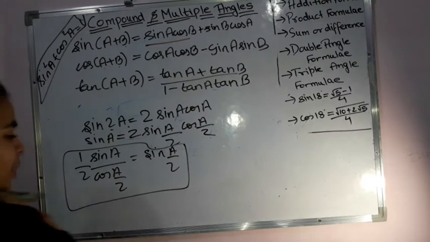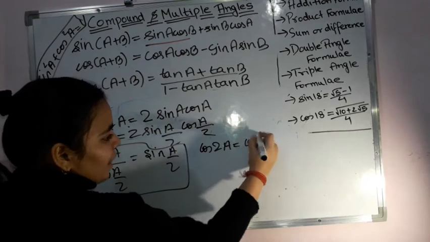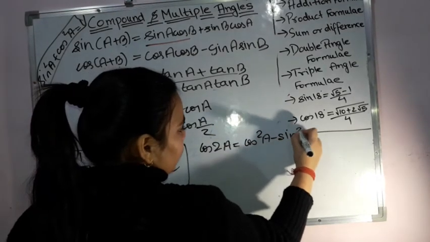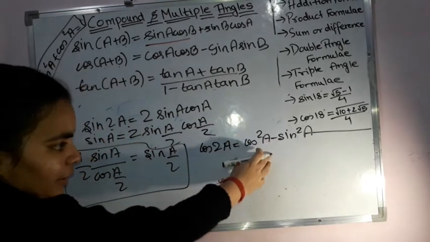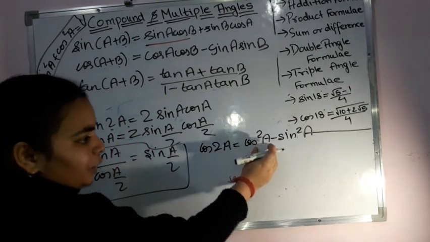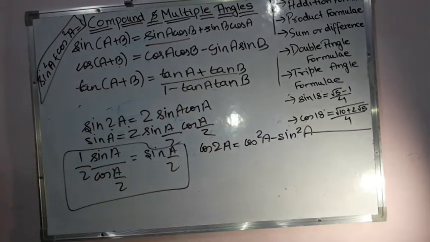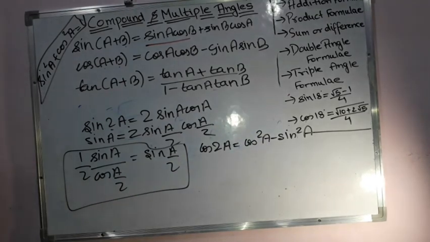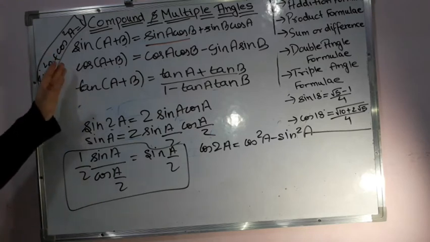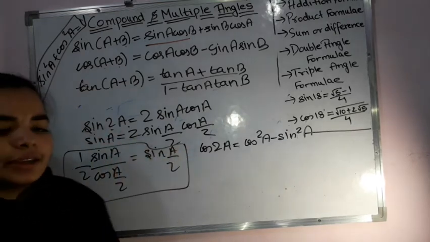but you can have the formula for cos. Like cos 2A was there with you, that was equal to what? We had cos square A minus sin square A. So from here, if I have to get the value for any of the half angles, suppose it was A over here, this was A by 2 and this was also A by 2, then using this formula I can get the value for the half angle. Right? This is how the half angle formulas are there. So you simply have to see these formulas, and with the help of them you can get to these ones, and then you can get other formulas also.